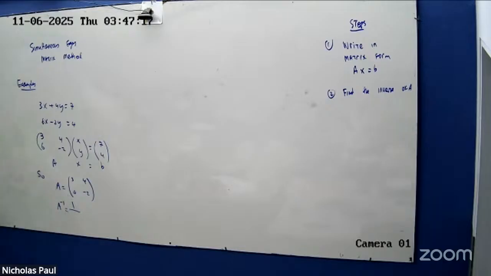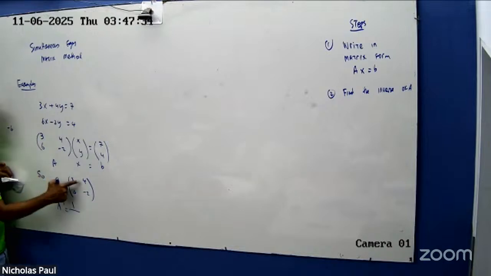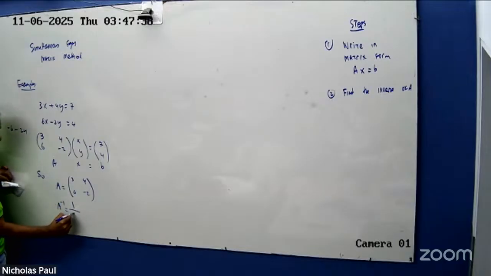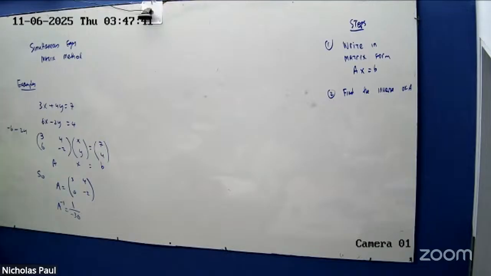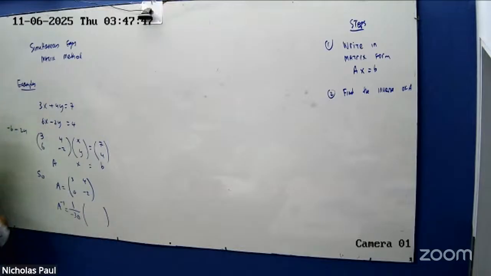What's the determinant? Do it in your head. 3 by minus 2 is minus 6, and 4 by 6 is 24. So minus 6 minus 24 is minus 30. And then what we do is